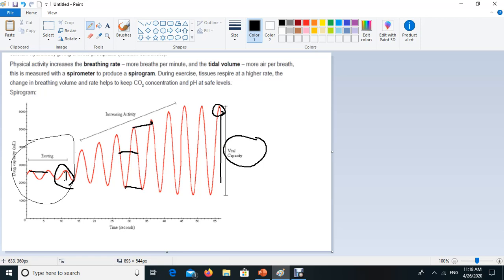It's very important to find the rate, the same as the rate of the heartbeat. You find it from up to up or down to down, or we call it from crest to crest or trough to trough. From one point to exactly another point, from inhalation to another inhalation, or from exhalation to another exhalation, because if I want to take this